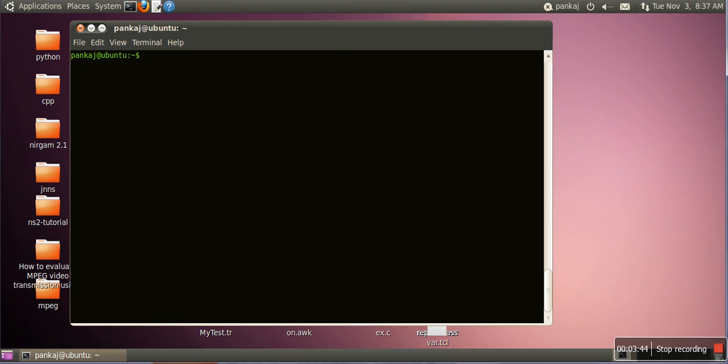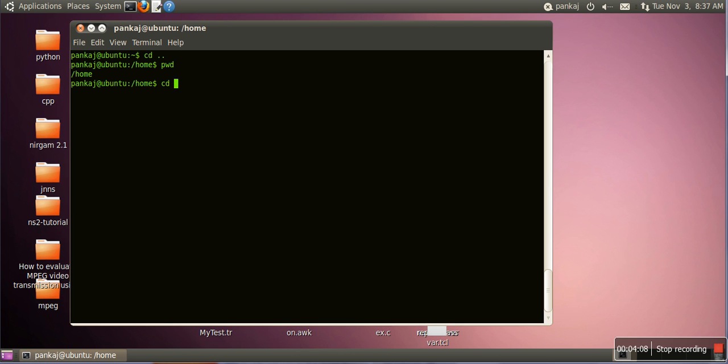Now if you want to change your directory, like if you want to go up in your directory hierarchy, you can write cd double dot. This is used to change your directory to parent directory. Now if you see pwd, our present working directory is home.